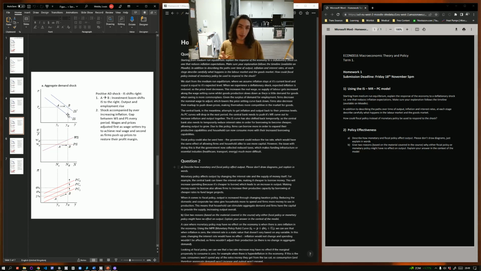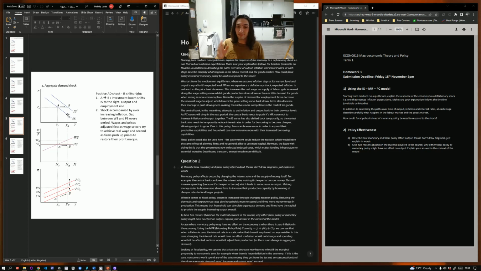Fiscal policy can also be used here, but it's somewhat difficult. Fiscal policy you could use here would be something like a tax cut, where individuals and firms get more money to work with. But the problem with using fiscal policy here is that if you take away from taxation revenue for the government, it's going to be harder for the government to fund a lot of projects, for example putting more money into the NHS. It's going to be much more difficult for a government to work on that kind of project if they're cutting taxes. So that makes it a lot more difficult.